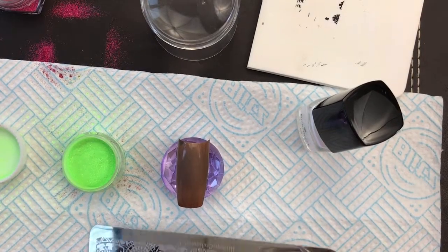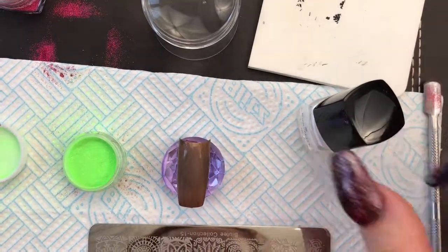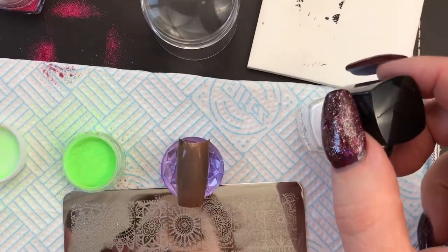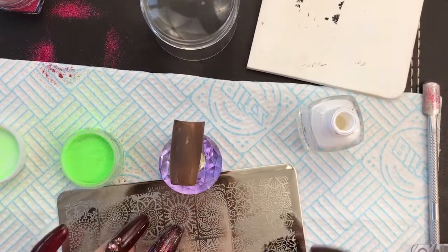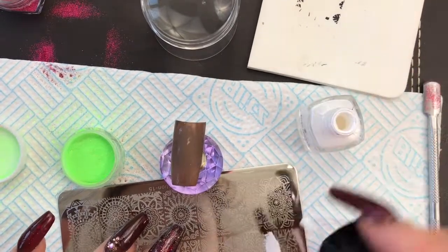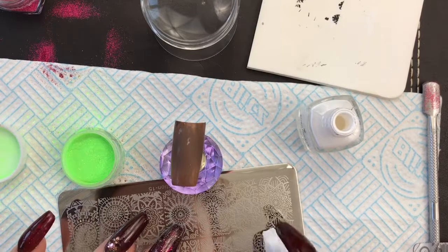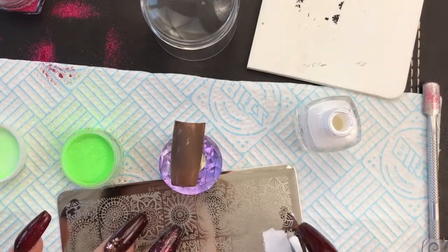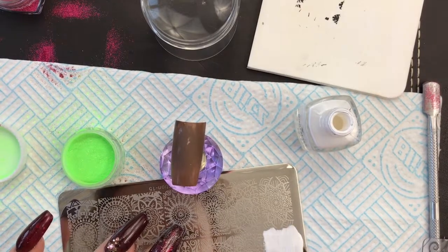I do have some chromes as well, which this might work with. Again, I'm going to use exactly the same one, which is down here. So everything is going to be exactly the same, except I'm going to be dipping it in this neon powder rather than